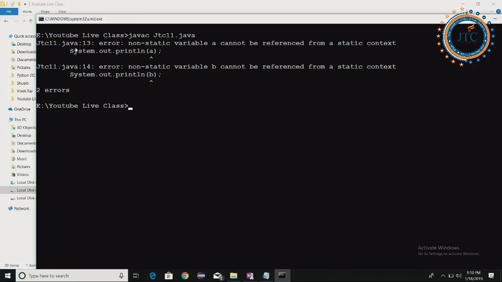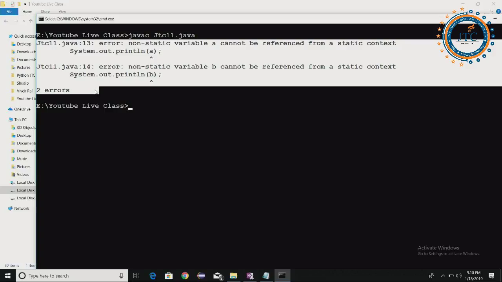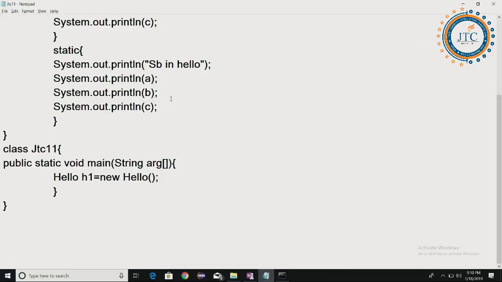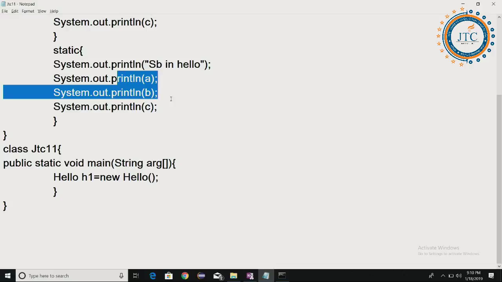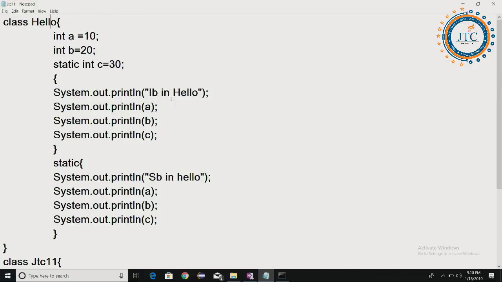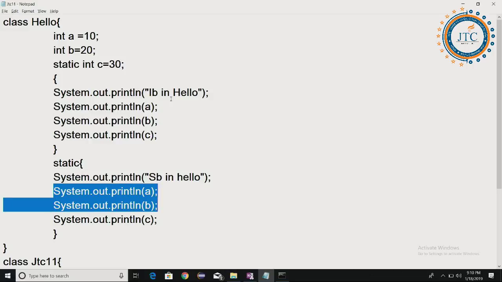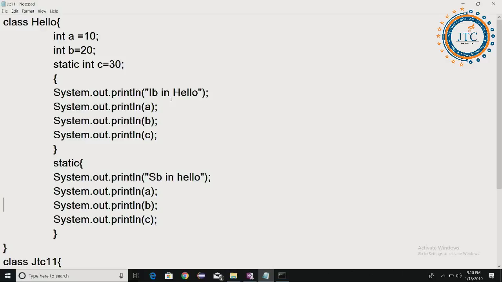You may find some errors here. You are just getting some errors in this particular case. This error is, I hope you are able to understand, that you are trying to access the instance variables of class A inside the class Hello. These two variables you are trying to access inside the static context, and that too directly. As I have told you already, we cannot access it, we cannot write it here. Fine. So let me comment this line.